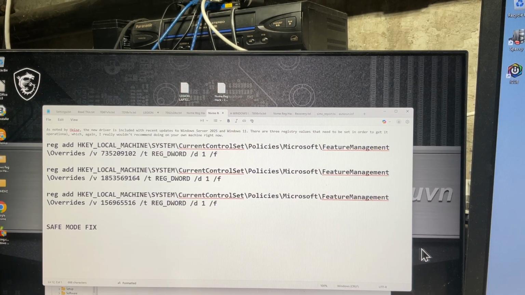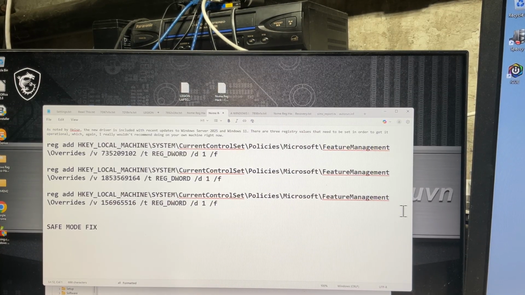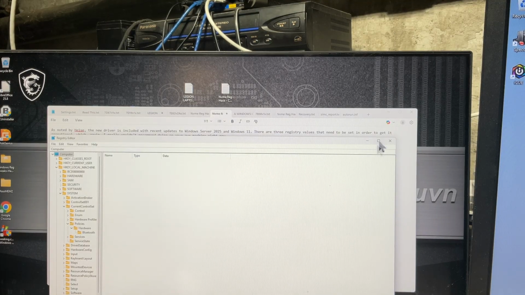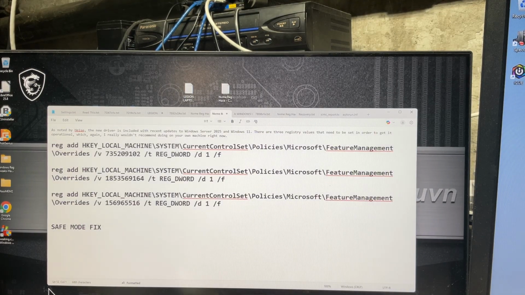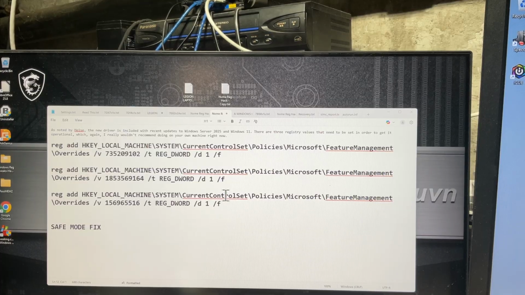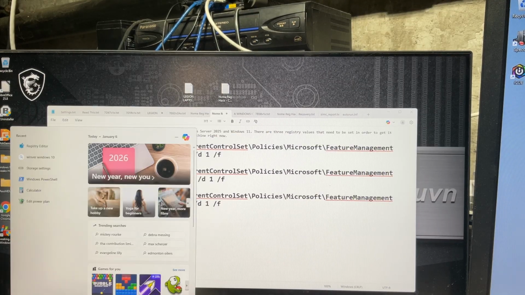So let me grab my mouse here, a different mouse. If you go to your registry, I'll show you how to get there, just in case you're unsure. Because we did this tweak in PowerShell, right? So we just added these keys to our registry. And you don't want to screw up the registry. But if you want to get into the registry,